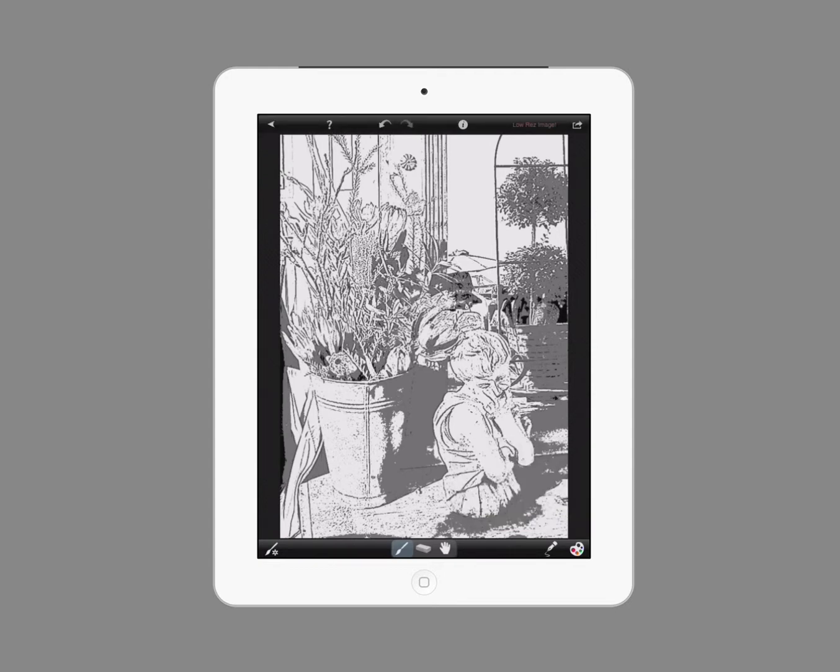And now I've got my paintbrush. If you look all the way over to the far left, you can change the size of your brush. So I can see the size of my brush right there. I'm going to start with something maybe that size. Click that brush to put that away. And then your real paintbrush is in the center, along with an eraser and a hand tool that you can use to pan around. So I'm just going to use my brush and start painting